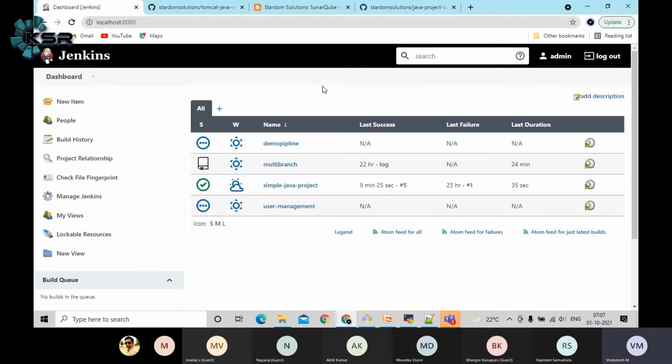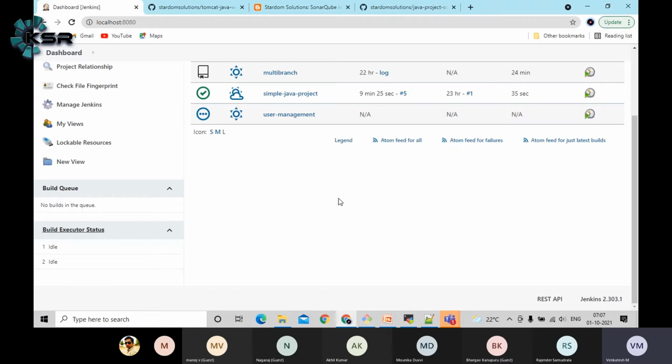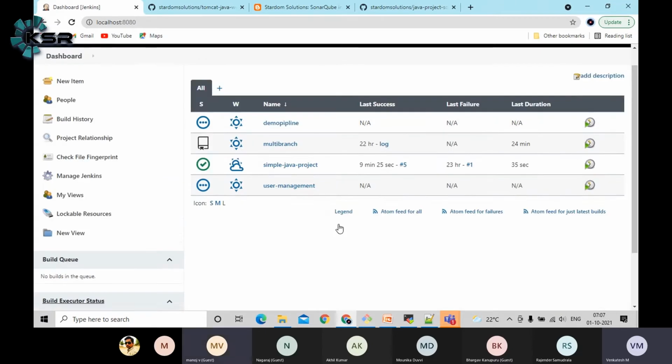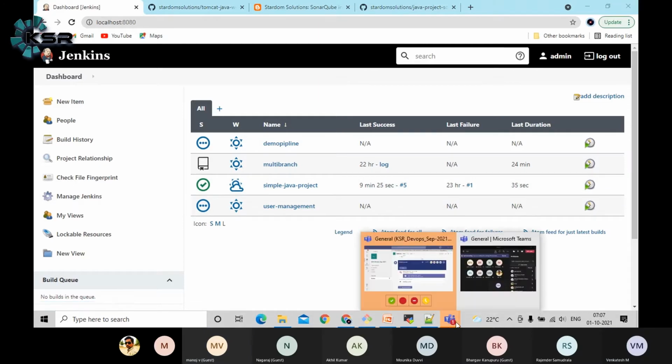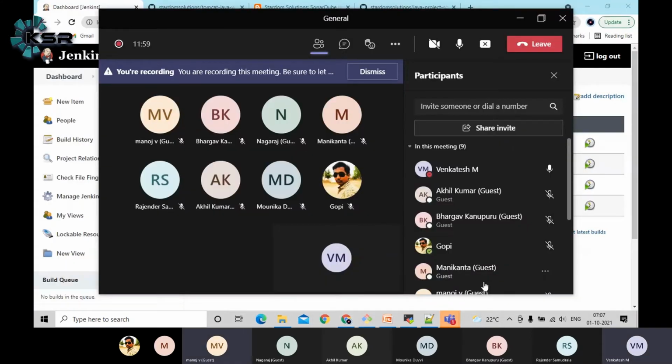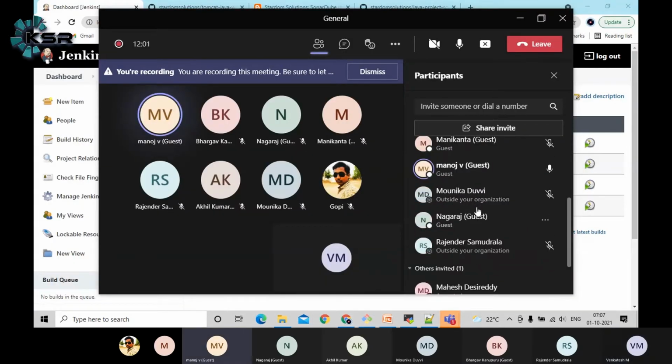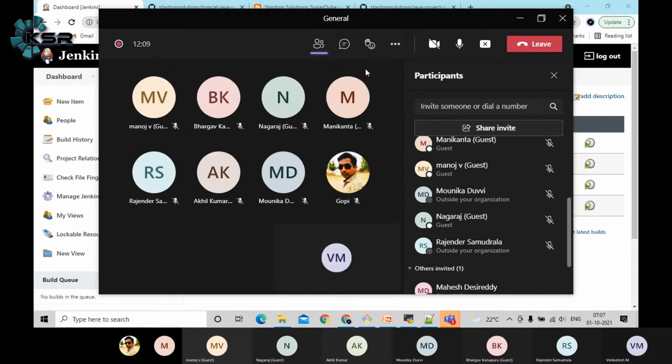Okay, guys. Yesterday we tried to create some sample test jobs here. Let's see, the recording was not started. Who is speaking? Manoj. Yes. Recording was not started, I think. No, I think it's already there. You're recording. That option is enabled, right? You will get to know if you can see some symbol here. That's nothing but a symbol for recording.